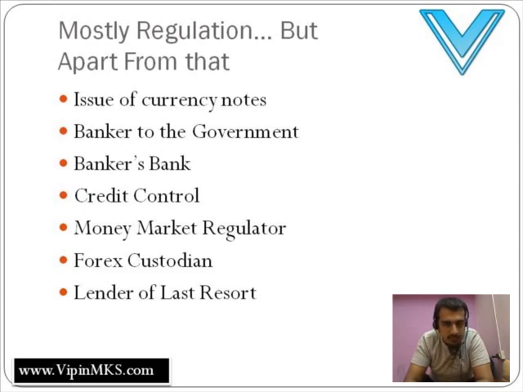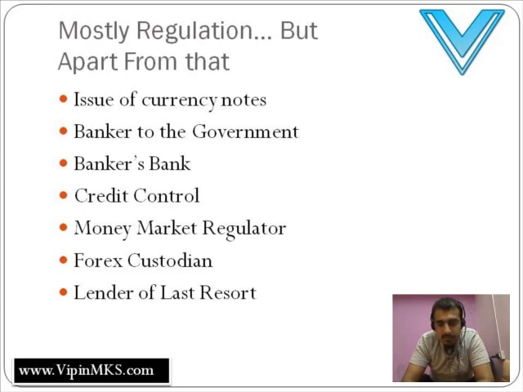One, issue of currency notes. Now, RBI's network of banks is through which the currency actually gets distributed. RBI is even responsible for the security that is there on currency notes. In fact, you might have heard in recent news, notes which date to prior to 2005 can in fact be exchanged for new ones. The reason they did that is because the new currency notes have got better security than the previous ones. So apart from circulation of currency notes, they even put the security on these currency notes as well.